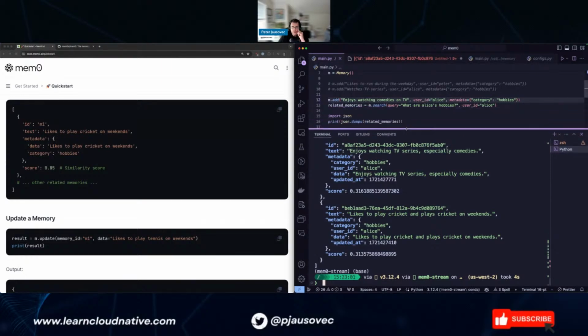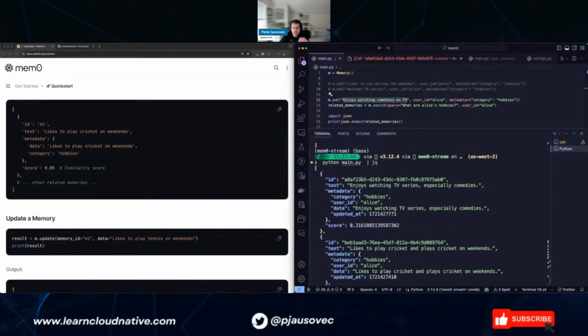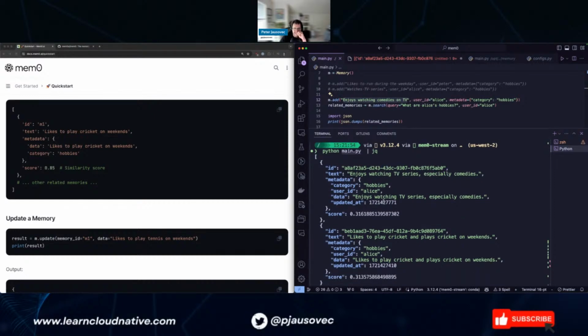So when you add a new memory, and this is me guessing here, whenever you add a memory, it tries to find if there's a related or similar memory already stored in a database, and then it updates that one. So instead of adding a completely new memory, it updates the existing one. Maybe it'll explain it somewhere else, but that's what I think it's doing here.